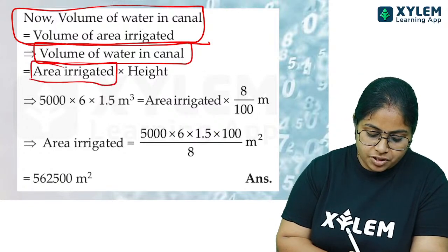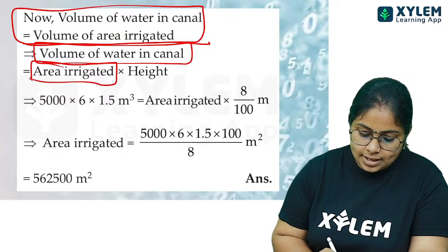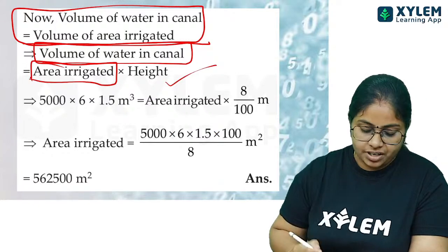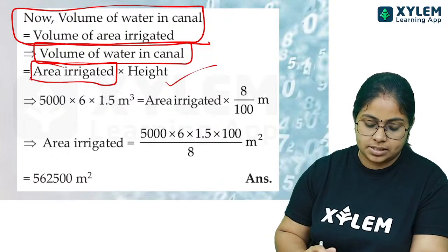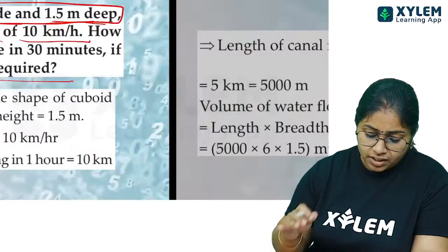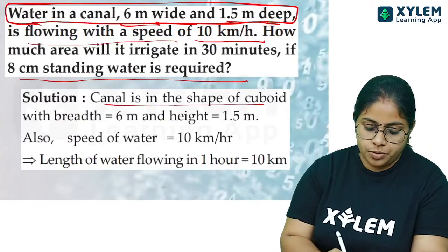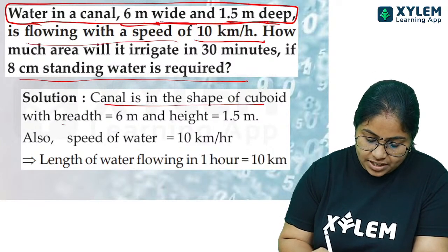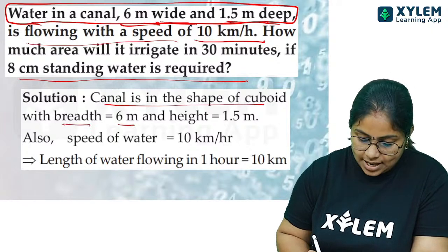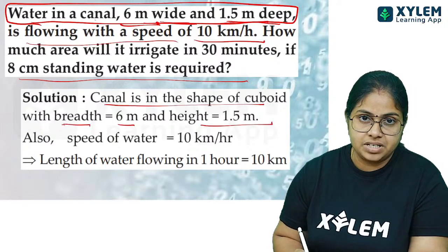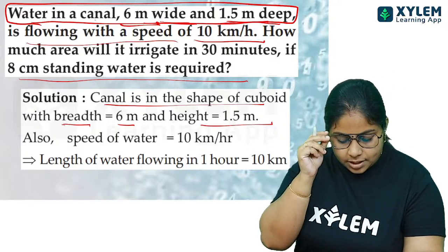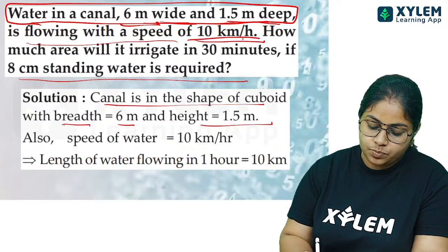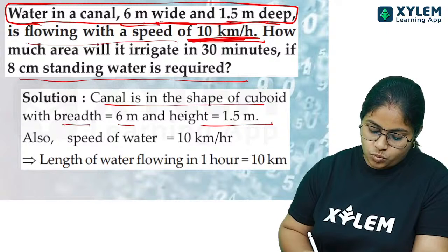The area irrigated is what we have to find out, and for that, the height of the water is given. The canal is in the shape of a cuboid. The breadth, that is the width, is 6 meters, and the height is 1.5 meters. The speed of water is given: in 1 hour it is moving 10